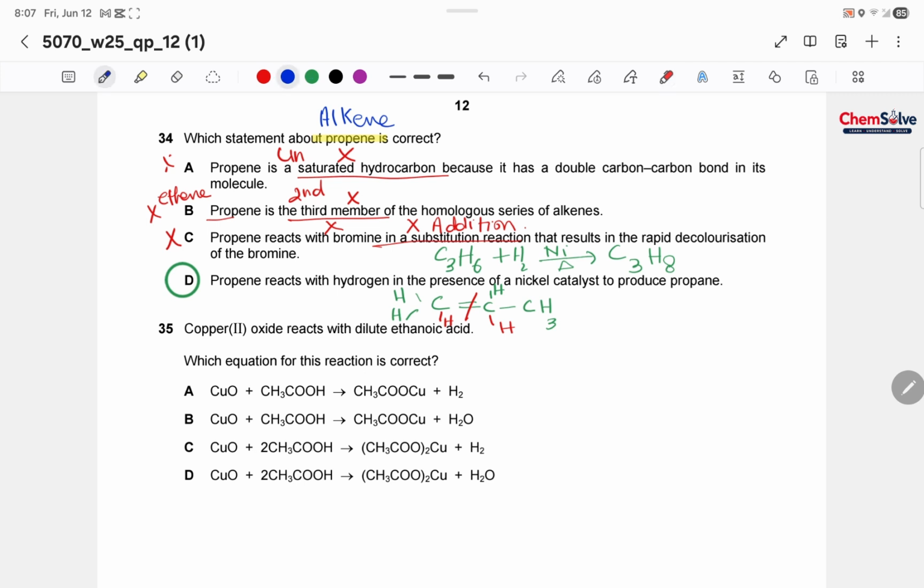Copper 2 oxide is CuO. It reacts with ethanoic acid, so CH3COOH. It will produce water, H2O. Hydrogen will be removed from here, oxygen would be here, and we need 2 hydrogen. So in order to balance it, I need to put 2 over here, and resultantly